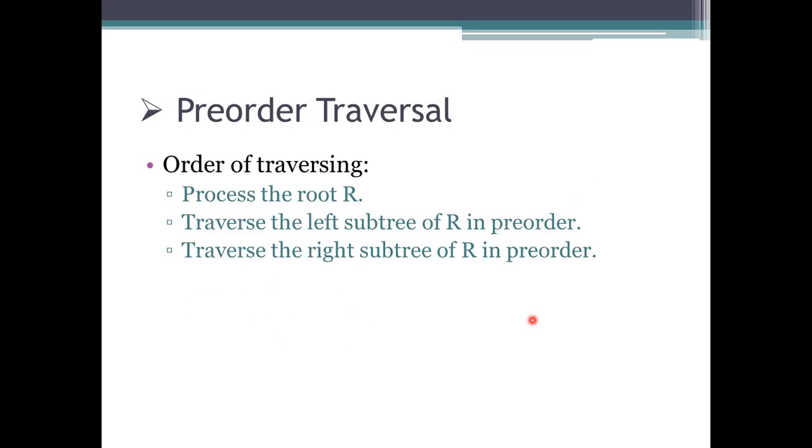Here we are considering the root. Pre-order means the root has to be visited first. In-order means the root has to be visited in between the left and right. Post-order means the root is visited last, after the left and right. So coming to the first one, pre-order traversal. Pre-order traversal means